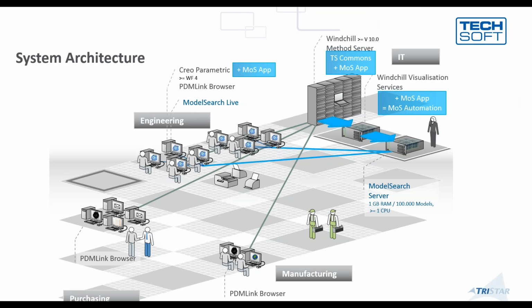The engineering department has the full functionality of Model Search, and with the so-called Model Search Live application, they get live information fully automatically, without any additional work by the designers, on whether a geometrically similar part is in the database. On the Windchill server there is the Model Search application installed, and within